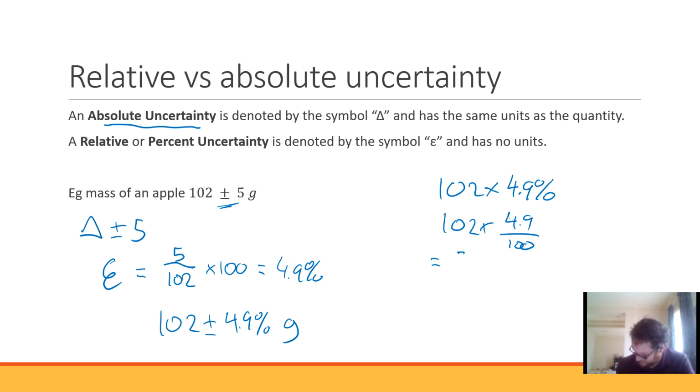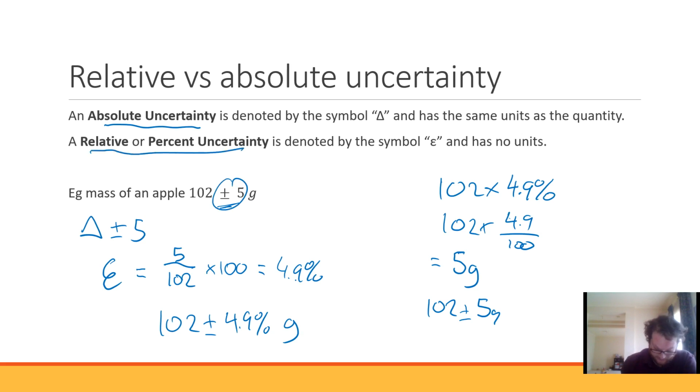that should, of course, because I'm using 4.9 instead of whatever came out in the calculator, it won't be exactly correct, but 4.9 divided by 100 times 102, it's 4.998, so 5 grams. Yeah, so I'm pretty happy with that. 5 grams. Cool. So that means I've got 102 plus or minus 5 grams. So the absolute errors have got an actual number, whereas percentage or relative errors have got a percentage. So when we talk about this, it's going to be important later on because you're going to need to know